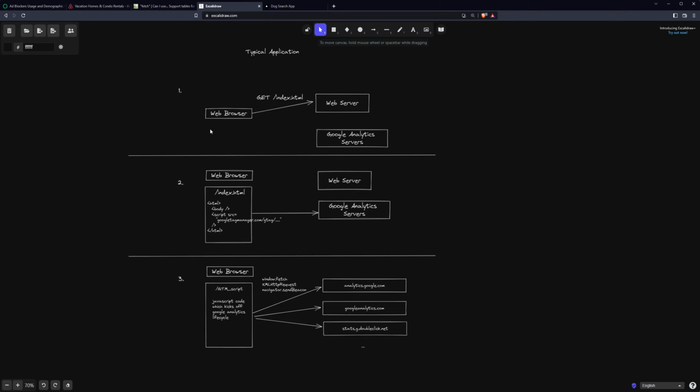First, a browser will request some page from your web server. Your web server will then return with a response that has some HTML, a body, yada yada, and more importantly, a script tag that references the Google Tag Manager. This tells your browser to fetch some JavaScript from the Google Analytics server. The JavaScript code returned sets in motion a lifecycle that will hit a number of different services over the course of a user's visit, such as analytics.google.com, googleanalytics.com,